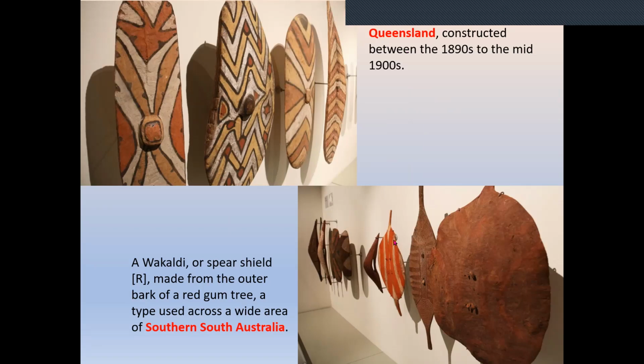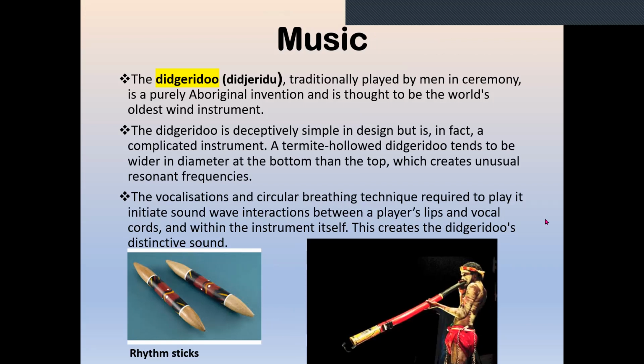I don't know where, but again, this is another museum. These are just photos I found. These particular ones were like spear shields, and they're made from the outer bark of a red gum, which can't be too heavy, but needs to be strong enough to stop the spear going through. Music was a big thing, the didgeridoo,